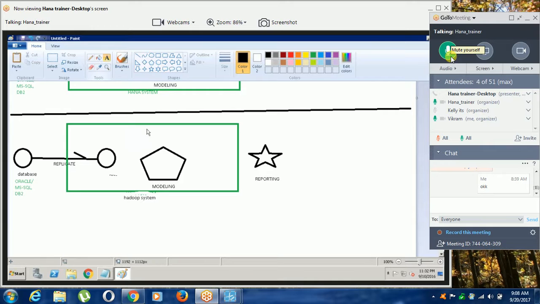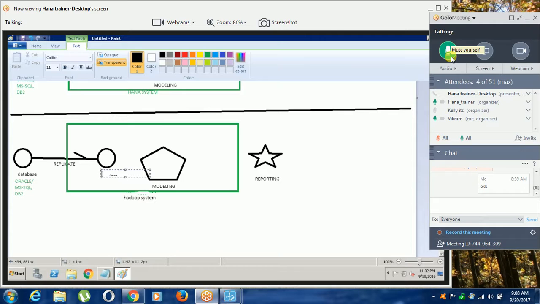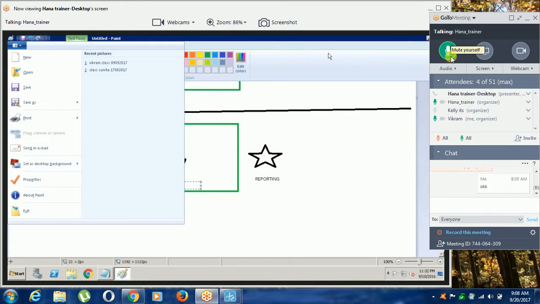In Hadoop, here is HDFS, the storage of Hadoop, and there is no modeling part.